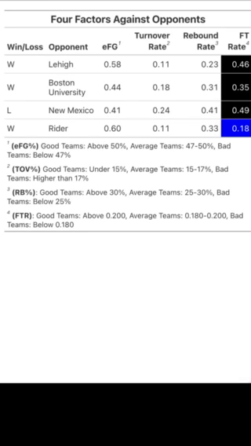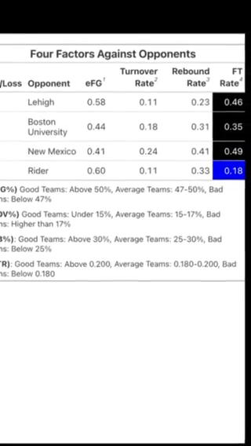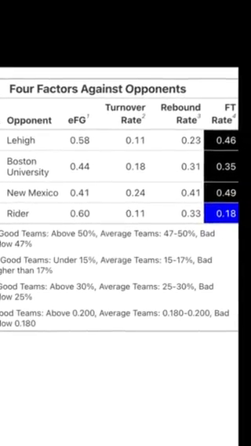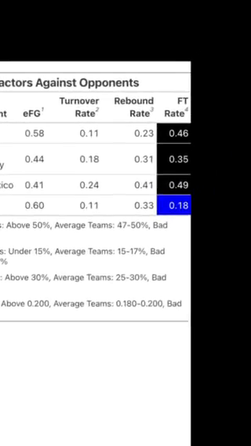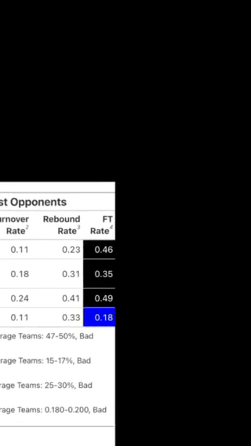What shooting efficiency does is it takes into consideration the value of a 3-point shot. So it becomes a more accurate measure of a team's shooting performance. Turnover rate represents the percentage of teams' possessions that end in turnovers. So it highlights the importance of ball security. The rebounding rate is the percentage of the total rebounds that the team gets. And then free throw rate measures how often a team gets to the free throw line relative to its field